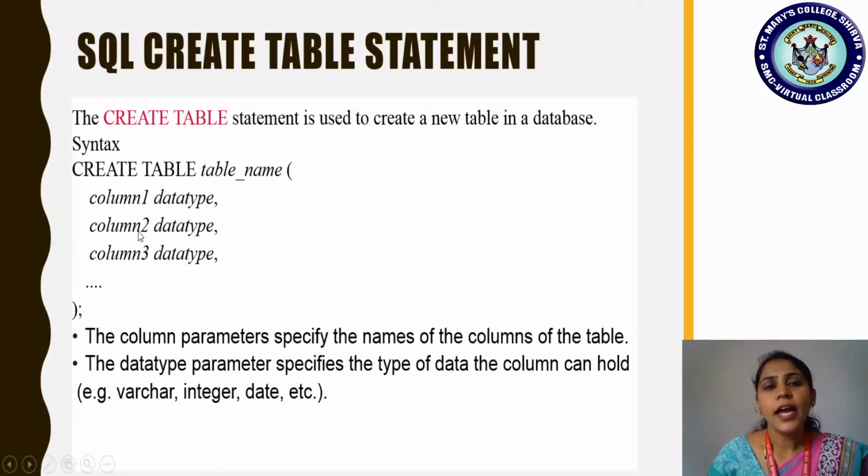Well, students, the SQL CREATE TABLE statement. Before I discuss the syntax or the commands for how to create a table in SQL, let us first define what a table is. You all know a table. It is the common definition. What I find with students is it is data with rows and columns, right? Yes, a table is actually a database object. In MS Access we have studied like that, right?